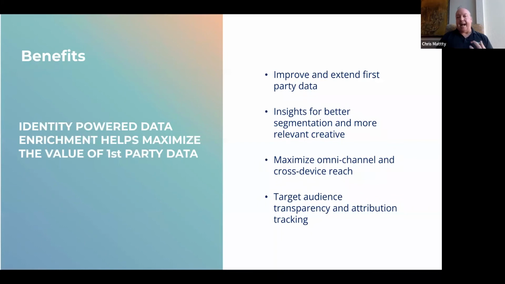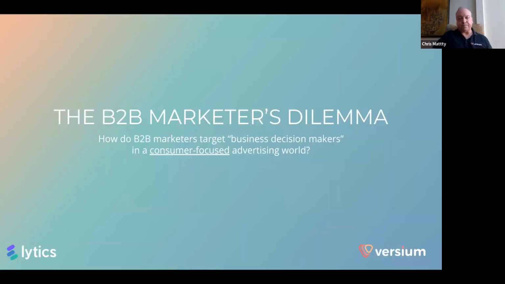That's really when we talk about activation, is how do you make sure that you can put ads in front of the highest percentage of those folks. If you've got 100,000 people you want to reach, you don't want to put ads in front of 15,000, you want to put it in front of all 100,000. And having all this data under your control provides full transparency, and ultimately you can do a lot more with attribution tracking. So when you do your media spend, you see the traffic to your website, you can reconcile behind the scenes and say, wow, I'm really seeing my marketing dollars work.